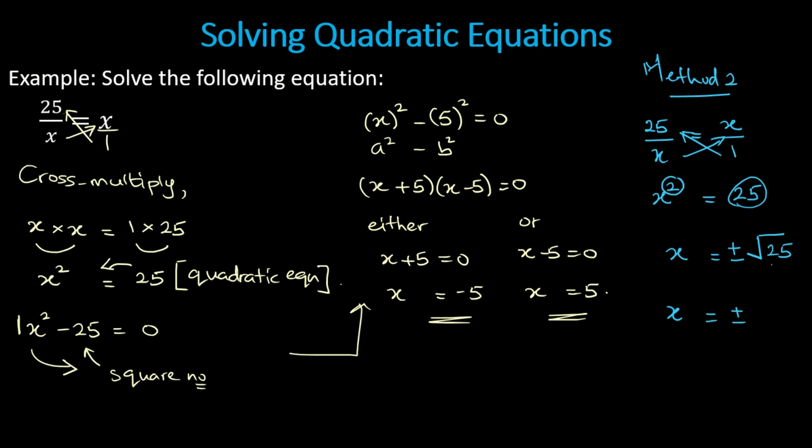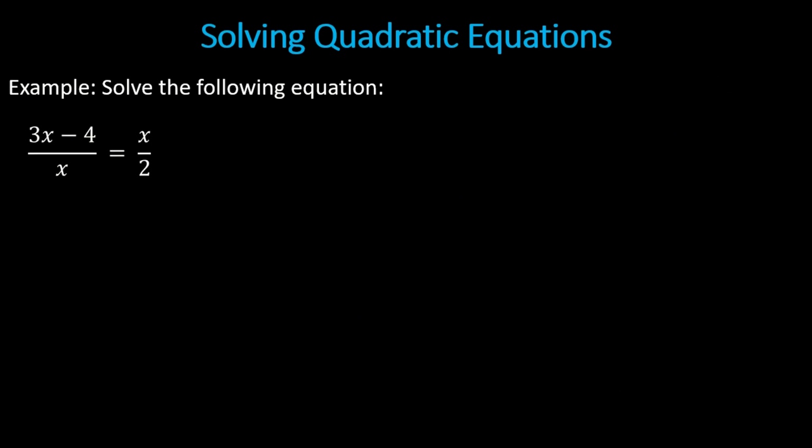What is root of 25? Root of 25 is simply 5. Again, we have our two answers. X equal to positive 5, which is simply 5, or the second answer, x equals negative 5, right? Both methods will give you the same solutions. A third example,